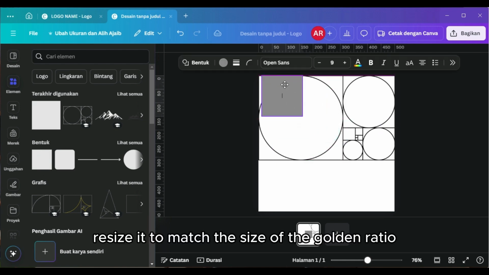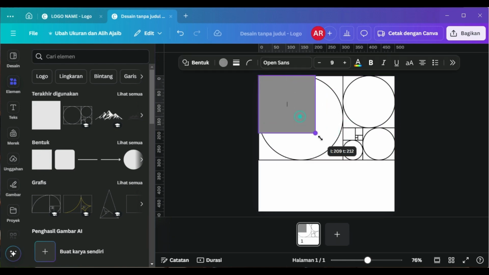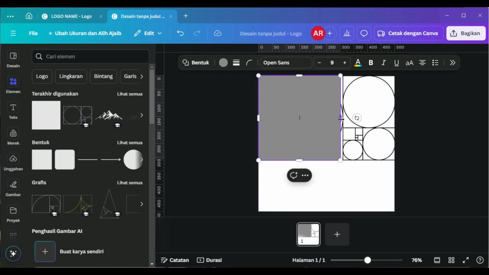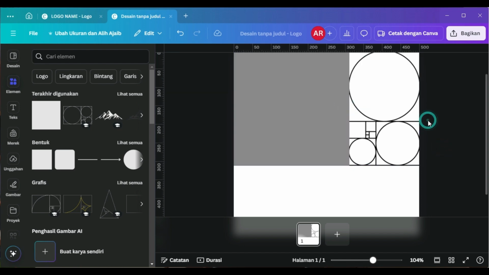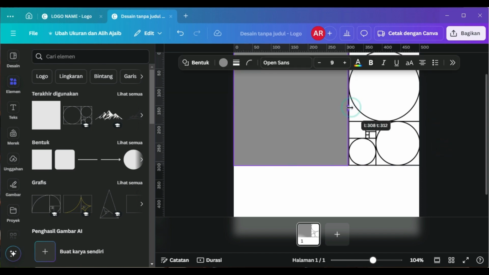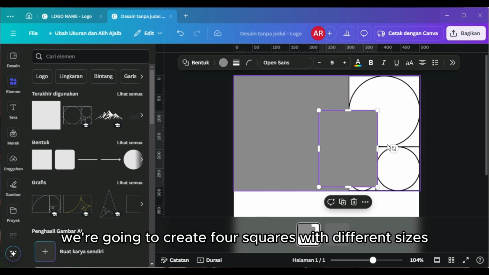Resize it to match the size of the golden ratio. We're going to create four squares with different sizes.